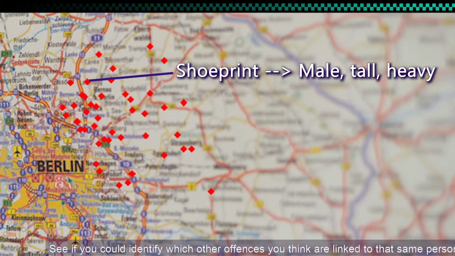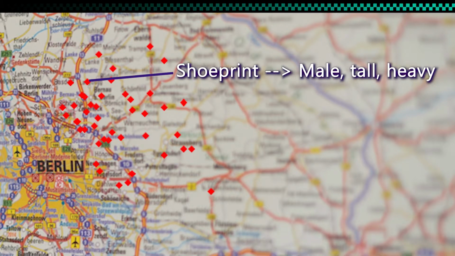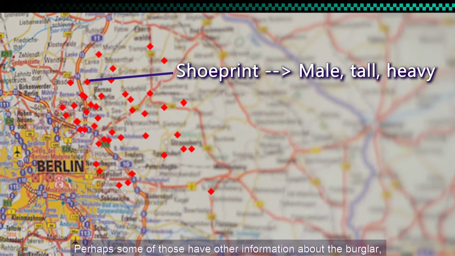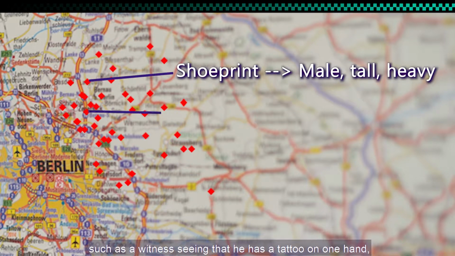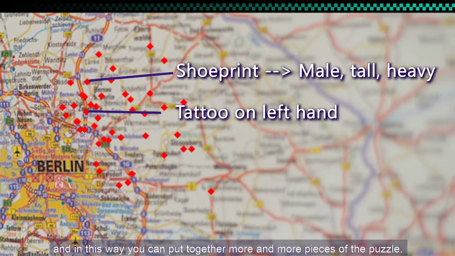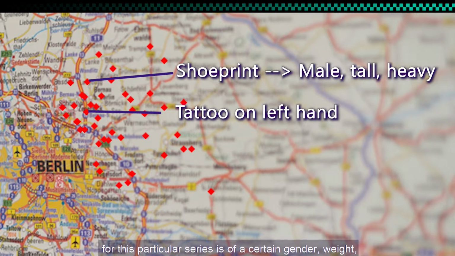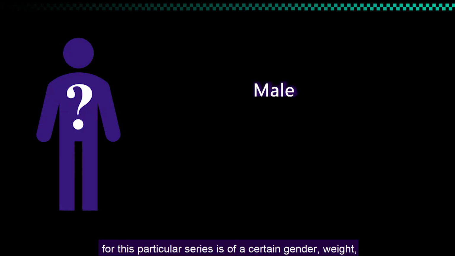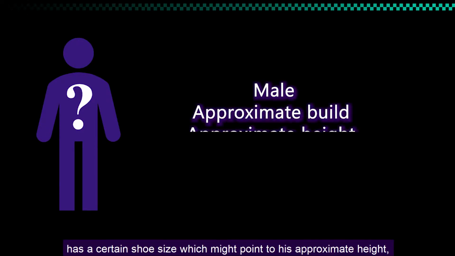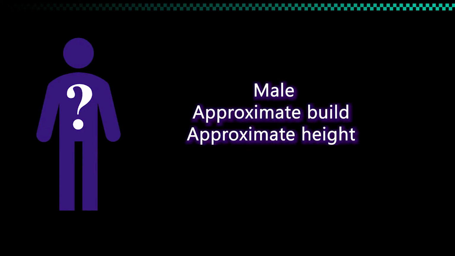See if you could identify which other offences you think are linked to that same person. Perhaps some of those have other information about the burglar, such as a witness seeing that he has a tattoo on one hand, and in this way you can put together more and more pieces of the puzzle. You now have good reasons to believe that the offender who is responsible for this particular series is of a certain gender, weight, has a certain shoe size which might point to his approximate height, and he has a tattoo